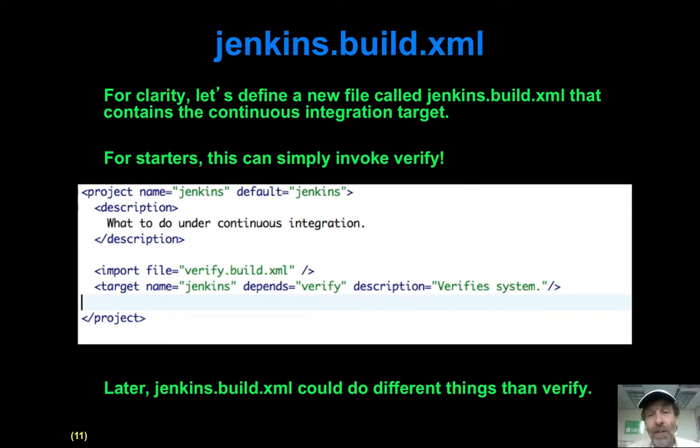It depends upon the verify target. Okay, you're all done. And it imports the verify.build.xml, so you get all those definitions. Okay, I like you to start this way because it is the simplest way to get a grip on what's going on. What you'll discover as you get more advanced with your continuous integration usage is that you may want to have your continuous integration